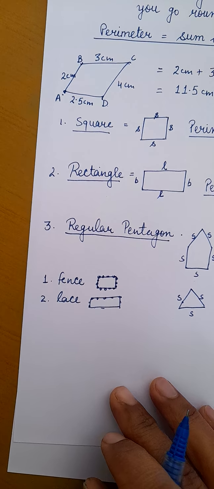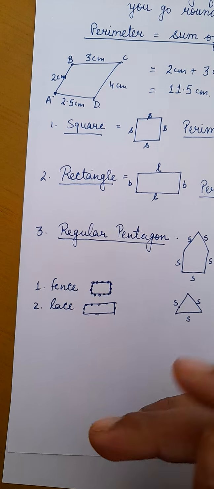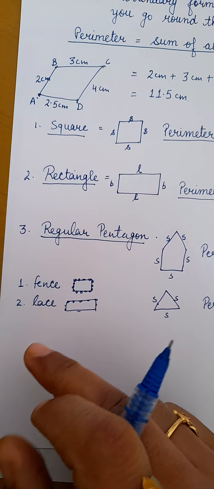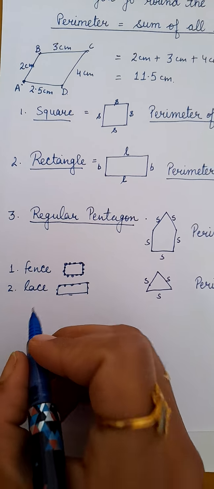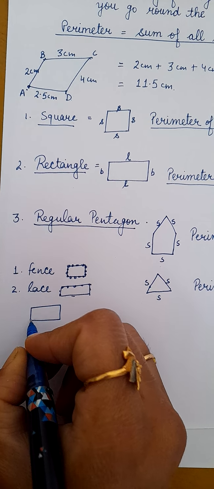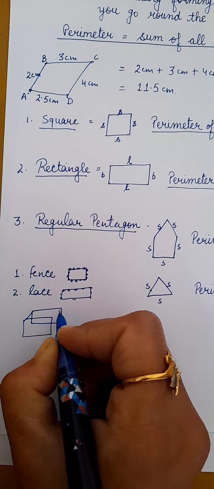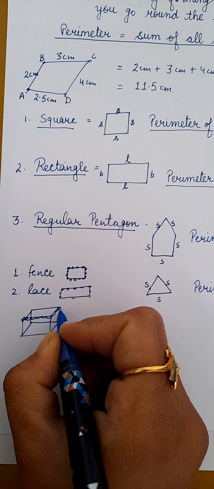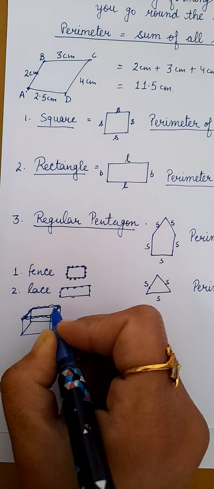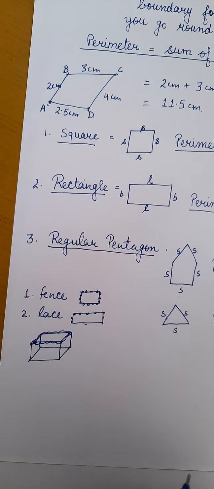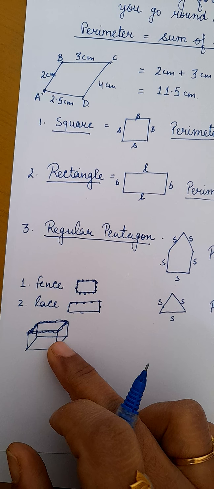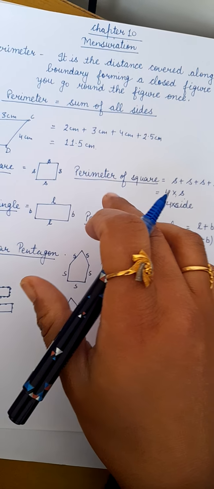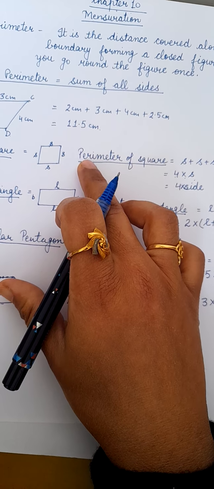Simply, if it is written that you need to find the perimeter, then automatically it's clear. But if they are giving it in statement form, or taping also, when you are covering a gift wrap, that means you have to cover only the top. You have to put a lace only on the boundaries. So that is also perimeter you are using. So wherever you are using only the boundary, that will give you the perimeter of that figure.